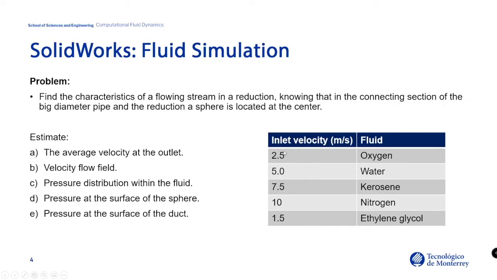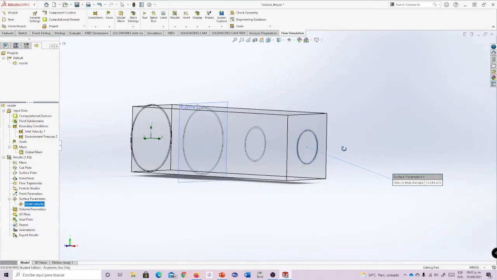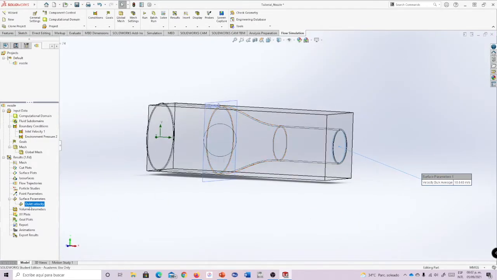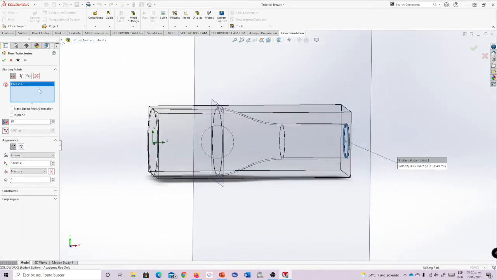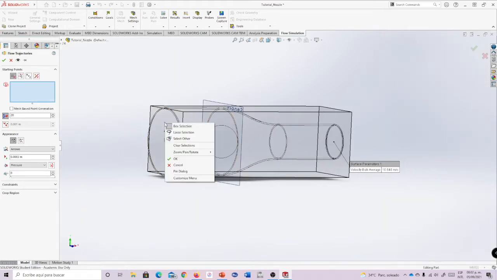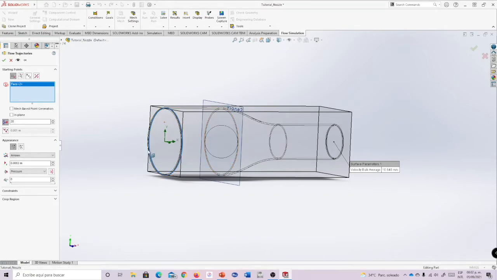The second part of the problem says that we want to know the velocity flow field. To generate an animation for the velocity flow field, we're gonna follow these steps. I'm gonna go here to flow trajectories, and I'm gonna click on insert. I'm gonna clear the selections, and I'm gonna select delete 2, lead number 2. I'm gonna generate